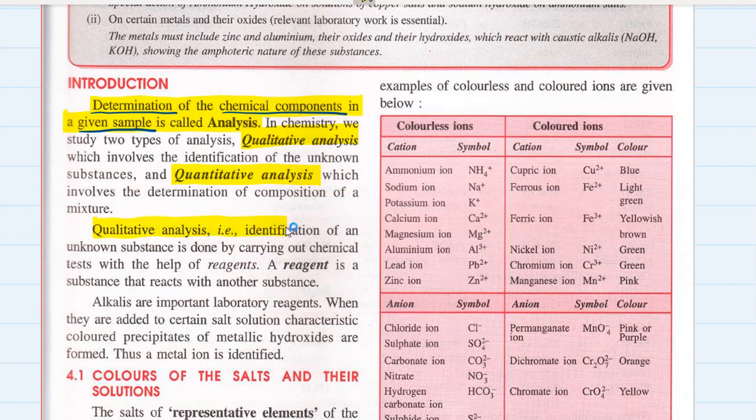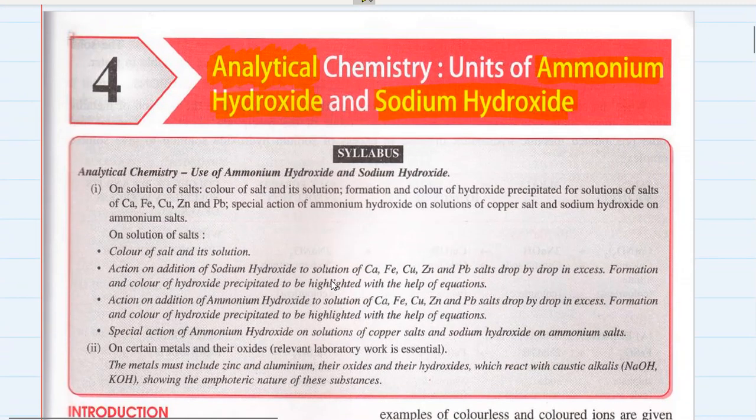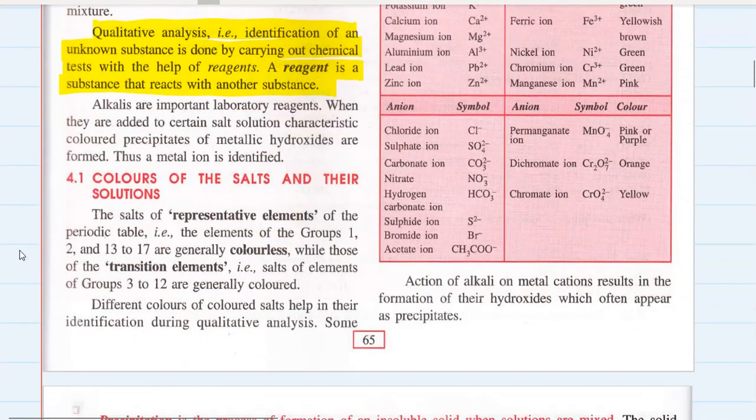So qualitative analysis is identification of an unknown substance, which is done by using chemical test with the help of reagents. A reagent is a substance that reacts with another substance. So which reagents are we using here? Ammonium hydroxide and sodium hydroxide. Alkalis like ammonium hydroxide and sodium hydroxide are important laboratory reagents. When they are added to certain salt solution, characteristic colored precipitates of metallic hydroxides are formed,